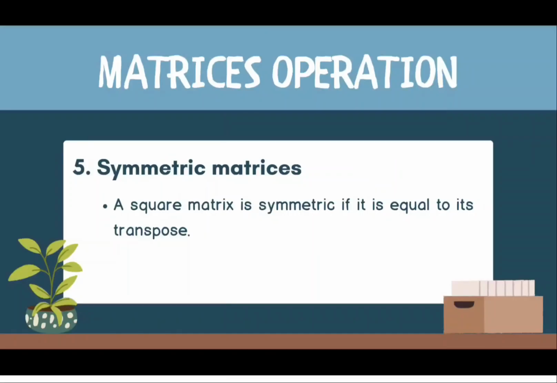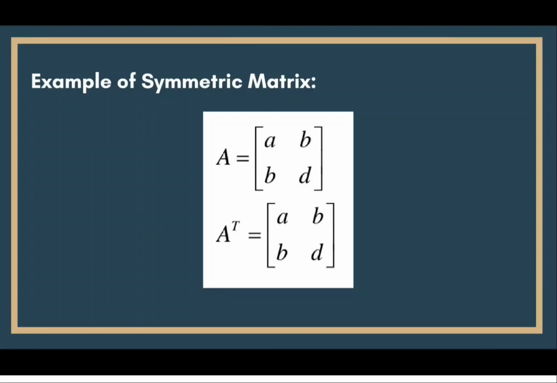Let us move on to the symmetric matrices. A matrix is called symmetric if it is equal to its transpose. This means that the matrix looks exactly the same even after transposing it. Let us take a look at this example wherein the elements of matrix A are just the same as the elements of matrix A when you transpose it. The T here means that it has been transposed.